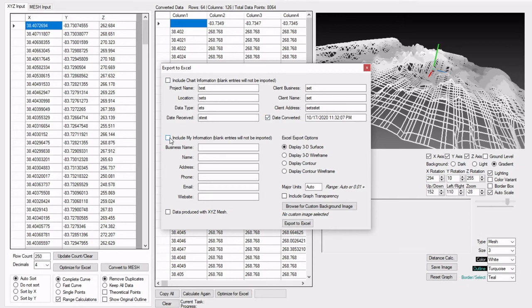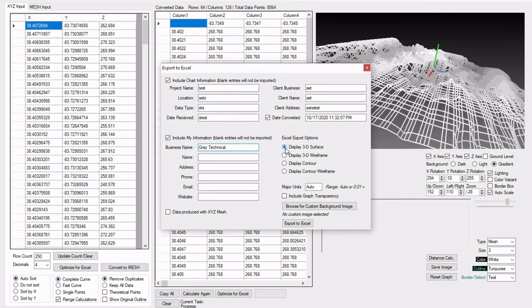So if you ever want to include your own business name or something like that, you can just toggle this on, type this in, it's saved for you automatically, and whenever you do that, it's going to export that into the Excel document whenever you export your Excel document. So it's a very neat feature, a nice way to brand your work. So I'm going to leave that on there like that, and I'm going to go ahead and look at my